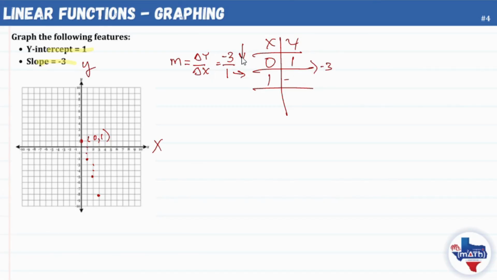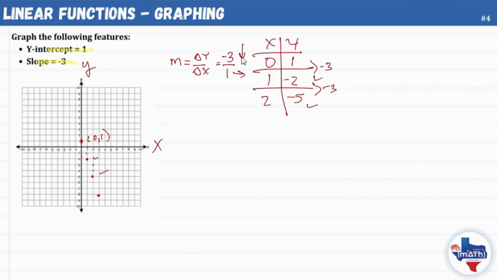So that means that if my change in y is -3, if I lose 3, that puts me at -2. If I lose 3 again, that's going to put me at -5, and so forth. So clearly we have 0, 1, and we have 1, -2, and then we have, of course, 2, -5, right down the table. All right, now we can go ahead and draw our line,